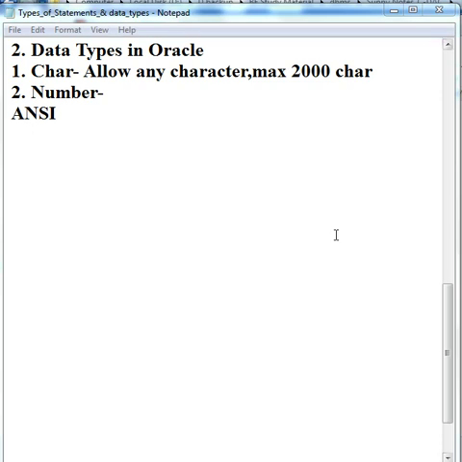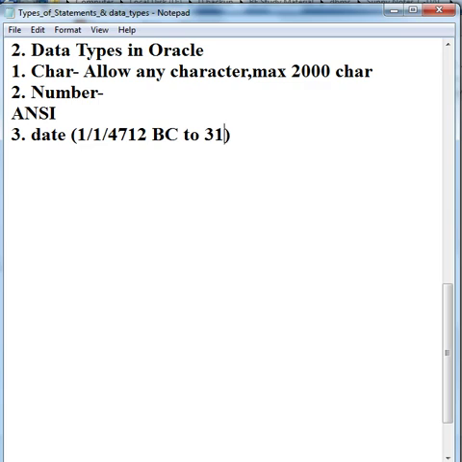So we have the date data type, in which we can define a date. We can define any date between 1 January 4712 BC to 31 December 9999 AD.